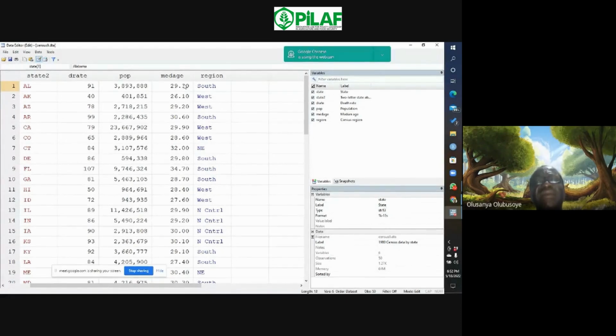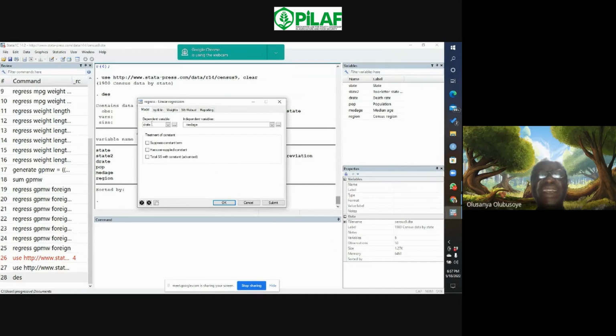But the age that you have here is not age of individual. Specify the death rate here as the dependent variable, and then we specify the median age as the independent variable. So the point we are making is that because this median age is not observed on individual, it's observed on the state,